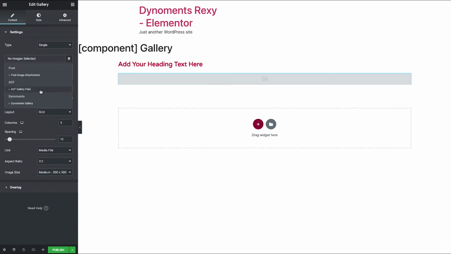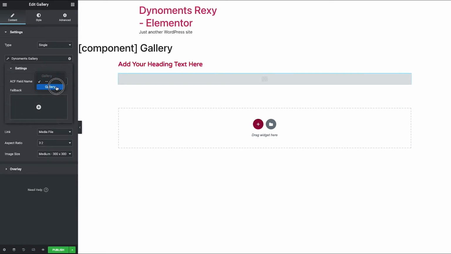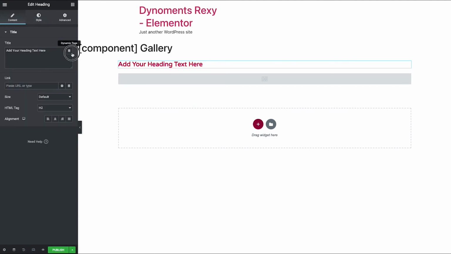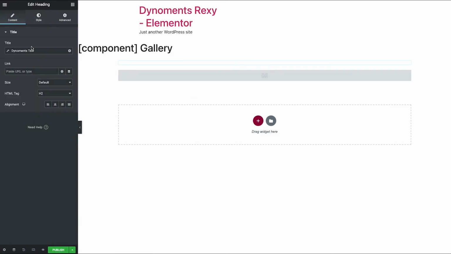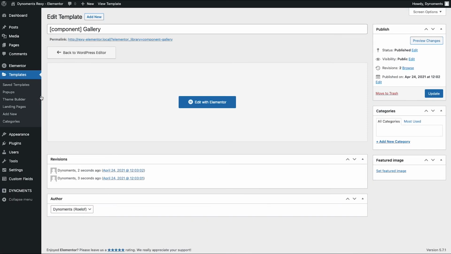So let's connect it again, and now when you click the dynamic tags, you can see Dynoments gallery, another dynamic tag that you get when you use the Rexy. Choose gallery in this part, and let's connect that one also, text, and you can see the title. Well, that's it. Publish this one. And now we have created our three Elementor layouts, the ones that will be